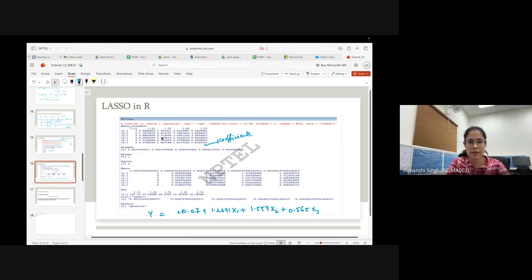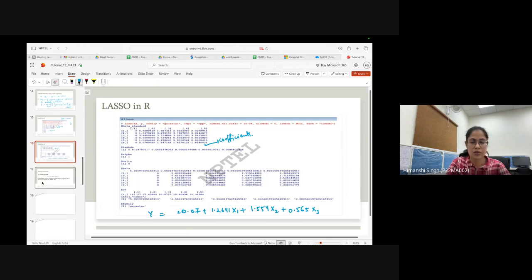And also I have searched for it on the CRAN website, and it shows that it is not available there, because this package may be a little older and maybe it has been removed from the website. Okay, so if there is any doubt, then you may ask. Otherwise, I'll just move towards the questions.